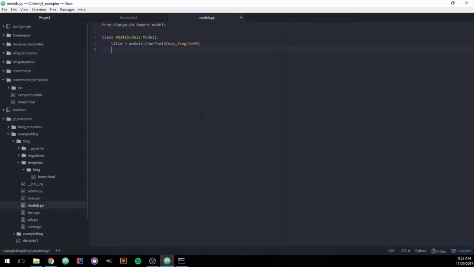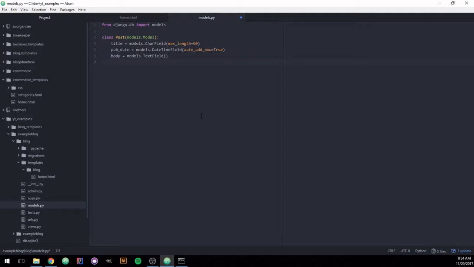And we're going to have a date equals models.DateTimeField, and we're going to say auto_add_now equals True, and we're going to say, let's see, we got a body equals models.TextField,